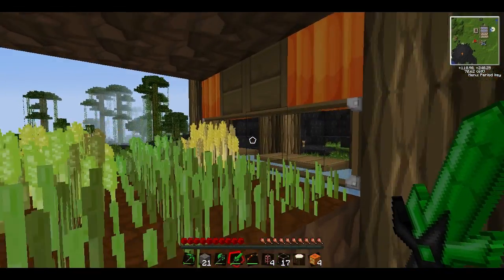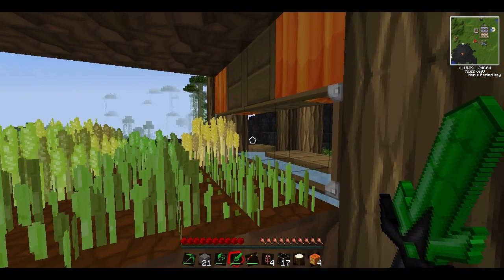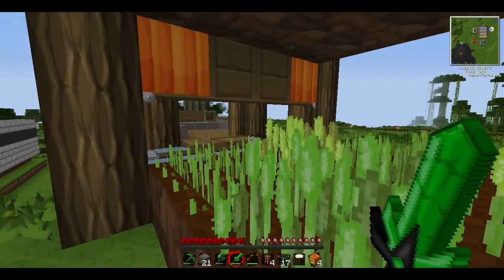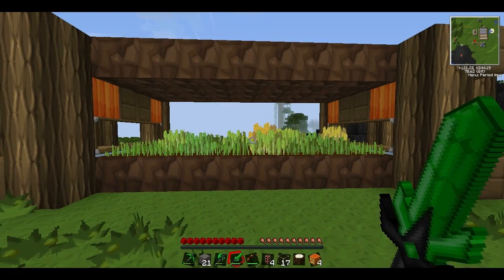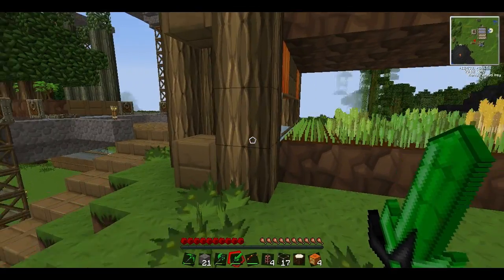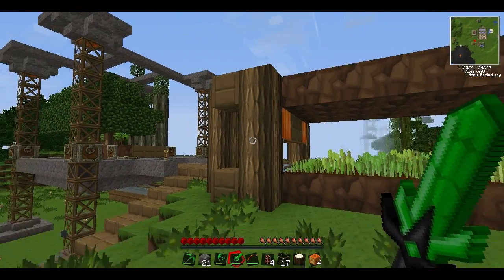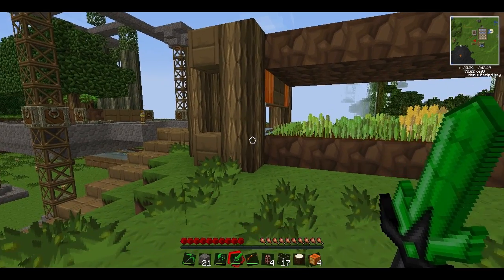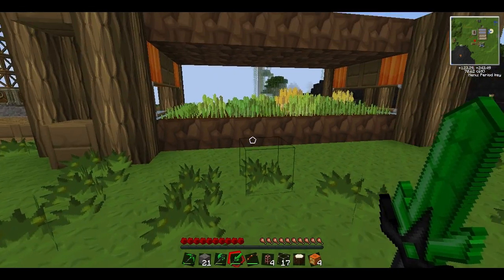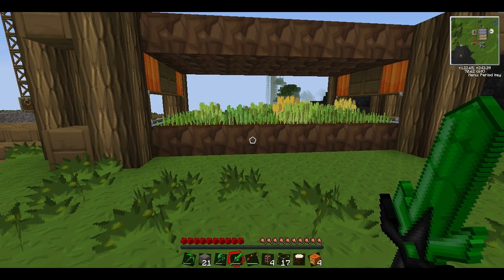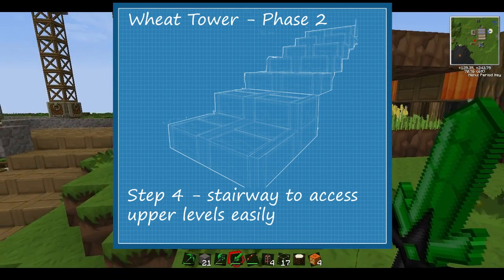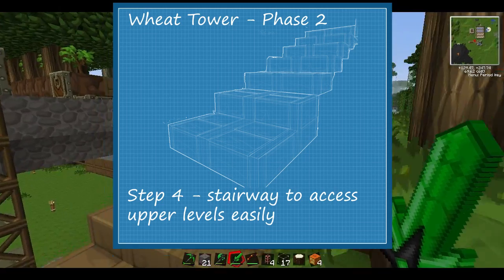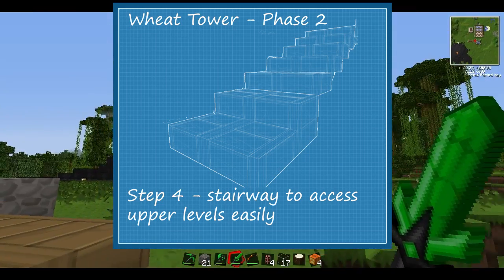Real quick, as promised from before, I actually replaced the dirt that we've had there forever with glass as the original design called for. So I think our first step is going to be to go ahead and make a stairway up the side to match these levels. So that's going to be step 4. We're going to continue from the beginning. Step 4 is going to be to create a step process up the side of